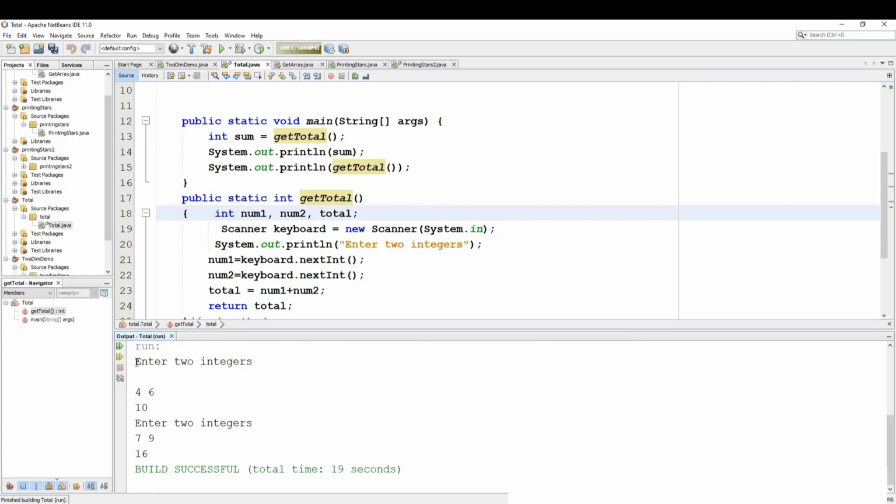Now, why two prompts? Why did it say enter two integers twice? Because we called the method twice. The first time we called the method here in line 13, and the second time we called it here in line 15. It happens to be in a print line. So we're saying print